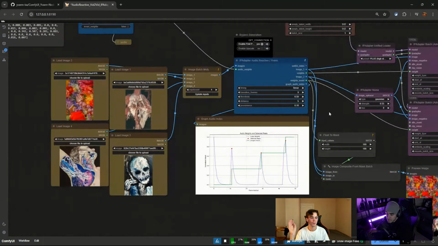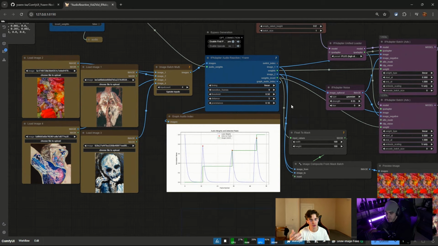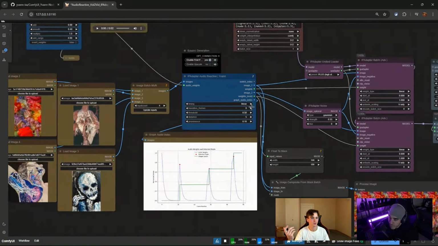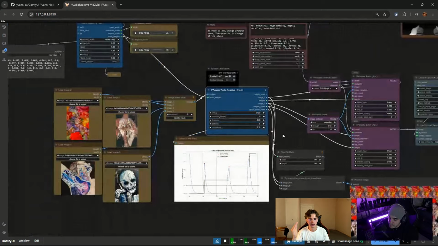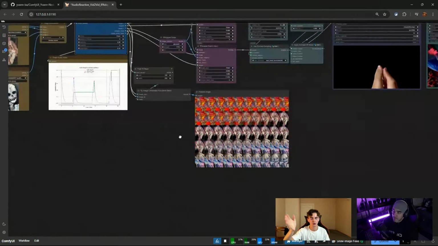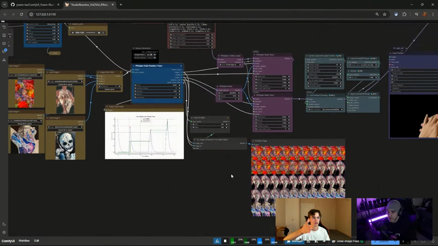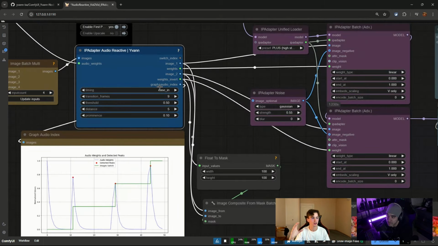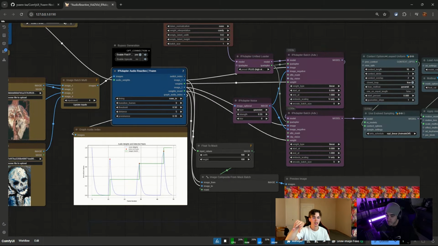Basically, timing is the kind of mathematical formula we use to make the morph between the images. Maybe you know that from IPAdapter, where you have some different weight types. I don't know if IPAdapter uses exactly the same way, but basically, when you have linear, it just does like that. You have a frame, and at each transition frame, you reduce the weight to go to the other image. And if you set another one, for example, it's going to be smoother at the beginning of the image that's going to be switched, and then just cut